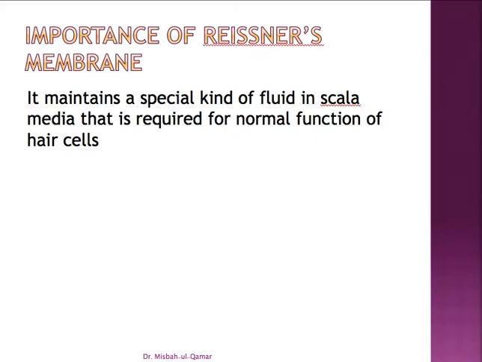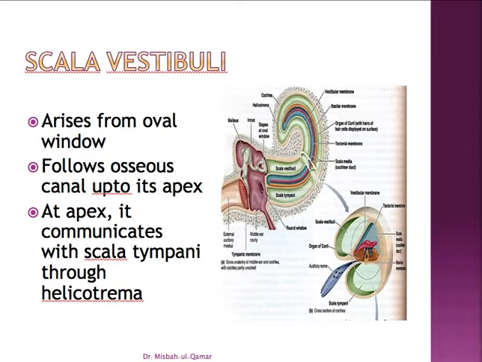And now we will look at the compartments of the cochlea. First of all, the scala vestibuli. Now, this scala vestibuli lies above scala media. Here is the scala vestibuli. You see, this is the whole cochlear tube, partially uncoiled, and these are three chambers: the scala vestibuli, scala tympani, and scala media. So the scala vestibuli lies above the scala media, and it arises from the oval window. Here you can see the oval window,